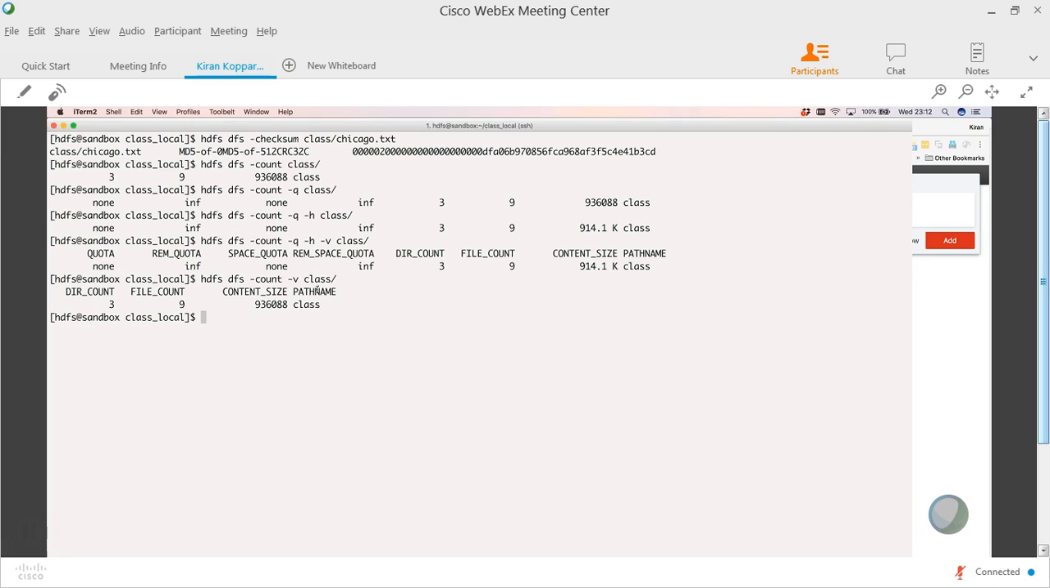Next one, copy command. I think we already covered it. Copy will simply copy the file from one HDFS directory to another HDFS directory. And move, we already covered. Move the file from one directory to another directory. Next one is